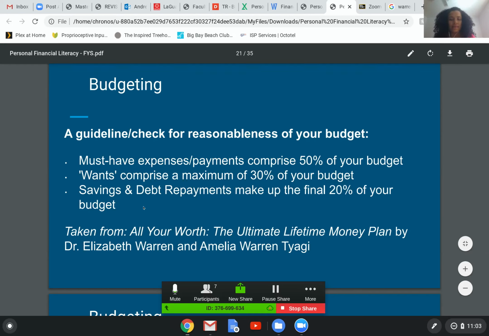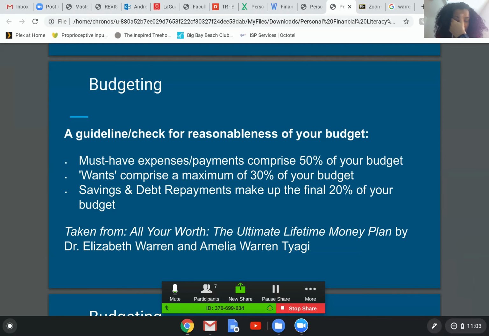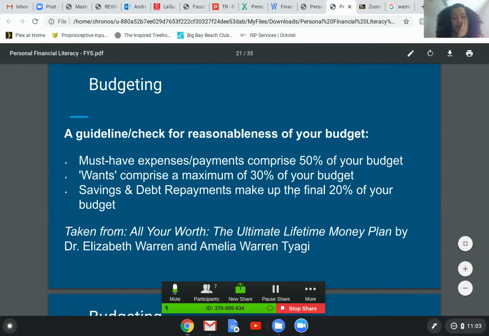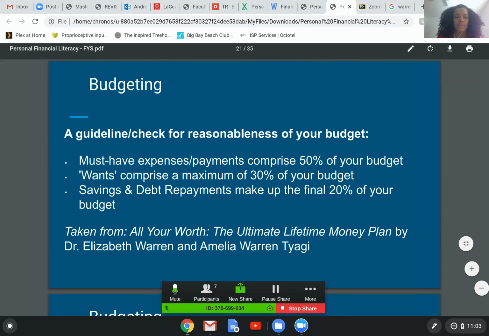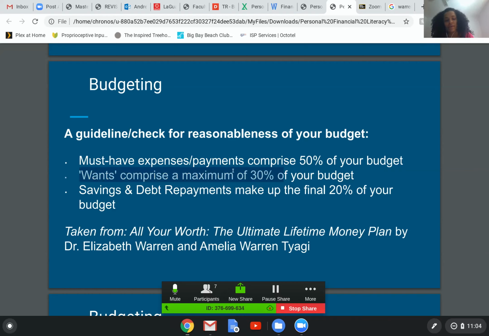Again, the thinking here is that you want to split up your needs and wants in a way that, if you find you need to cut the budget, you can easily start over here and ask, is there any way I can trim some of my expenses? If not, maybe I need to cut down on the savings or on debt repayment. Any questions about that kind of formulaic approach to budgeting?